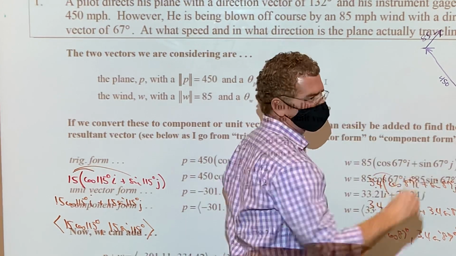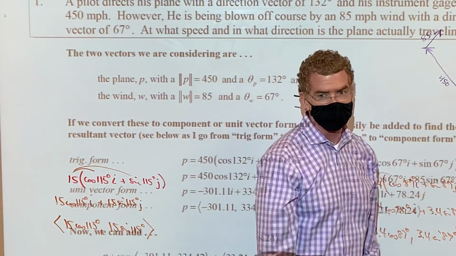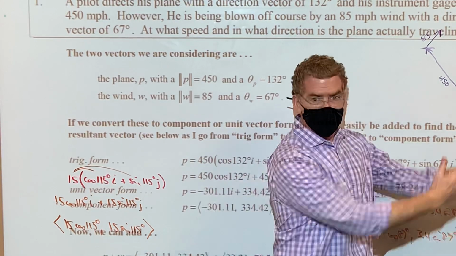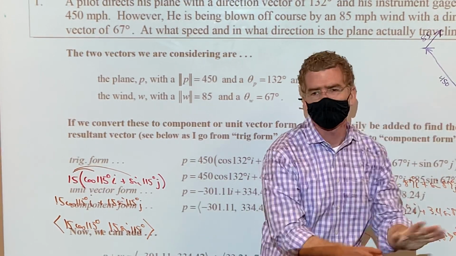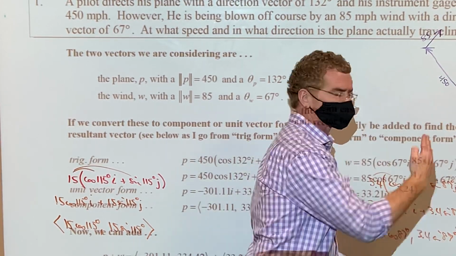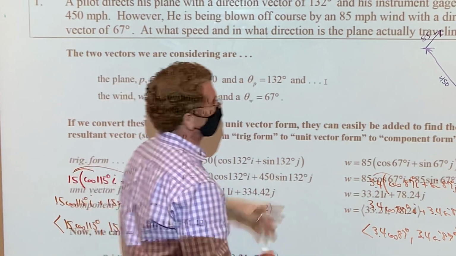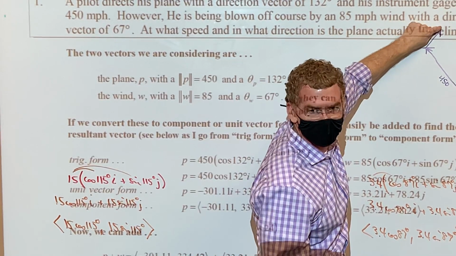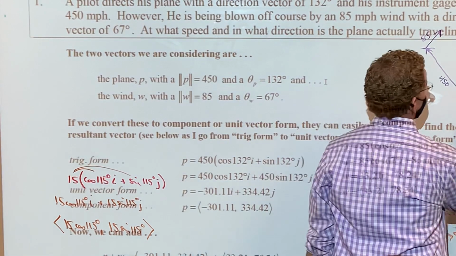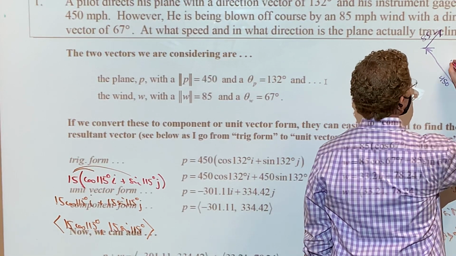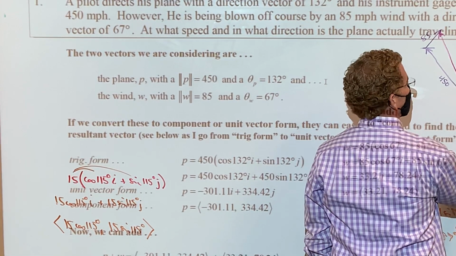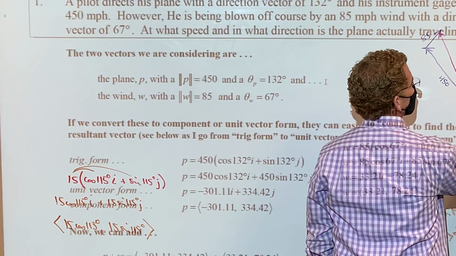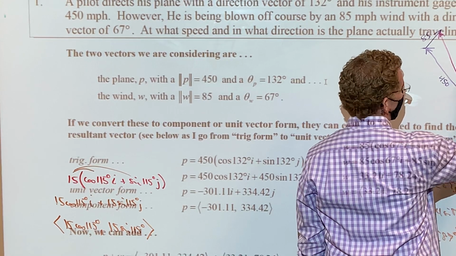Now, granted, don't think this too literally. It's not like the plane flies here and then goes, okay, wind, and then just gets blown to there. That's not how it works. He's going to be moving gradually where? Towards that, the result. Now, if I had to do this manually to find that new angle and that new magnitude,